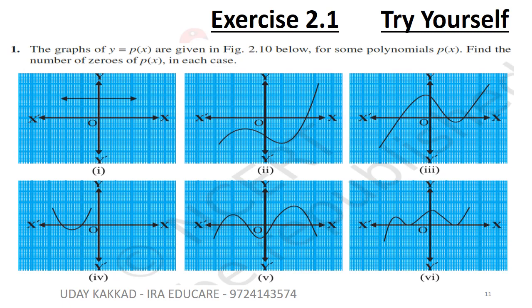This exercise 2.1 is try yourself, okay. You can easily observe the graph and you can say where it's going to intersect. Here 0, okay. Here 1, 1, 2 and 3, okay. 1, 2, 1, 2, 3, 4, okay. I am just giving you a hint, I do not solve it, okay. It is try yourself, and you can also comment in the comment section of this video, okay. Try to solve it yourself and comment on the video, right?